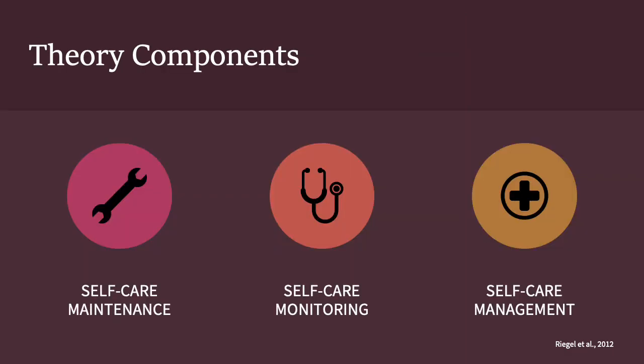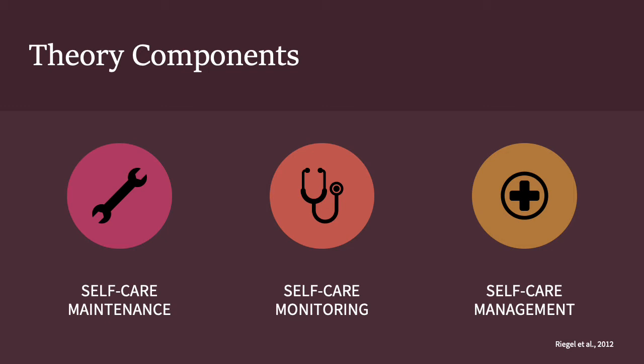So digging into those three major concepts of the theory we briefly touched on before, self-care maintenance includes behaviors that improve well-being, preserve health, and maintain physical and emotional stability, such as smoking cessation, preparing healthy food, coping with stress, and taking medications as prescribed. It is a collaborative process with the patient, family members, and healthcare team. Adherence is essential, and a strong commitment must be made for adequate self-care maintenance.